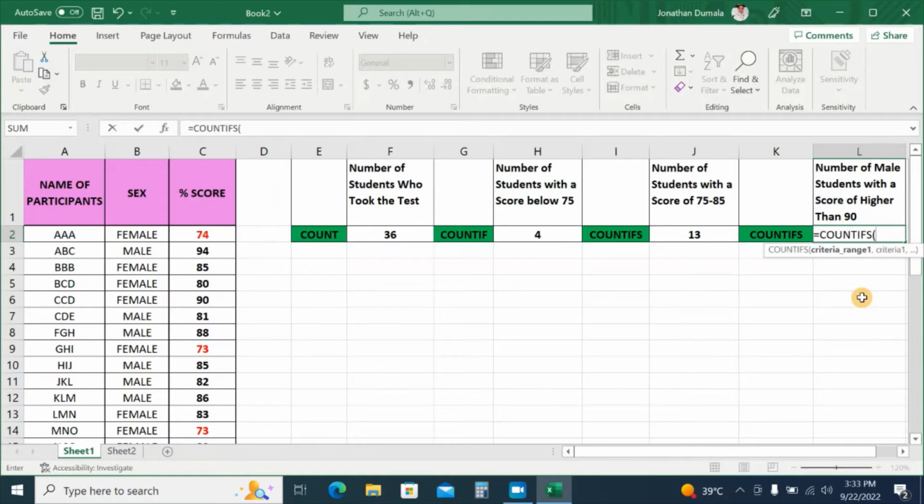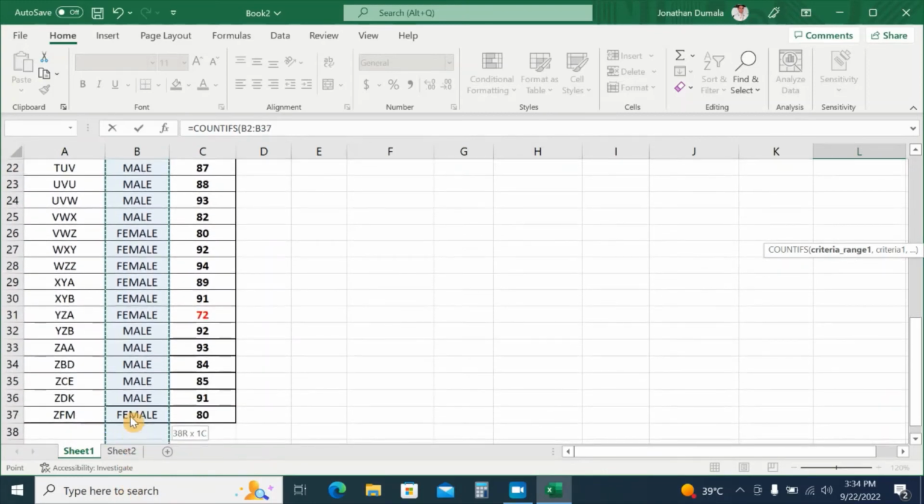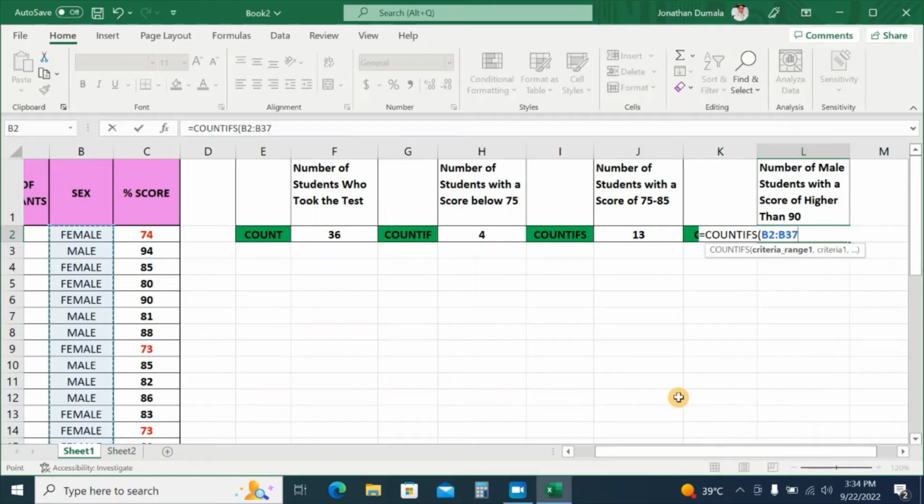Let's enter the first criteria. We are looking for male students. Let's highlight the sex. Then comma, quote, enter the first criteria, which is male. Quote again,